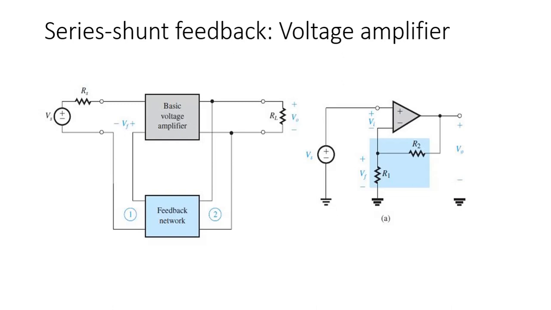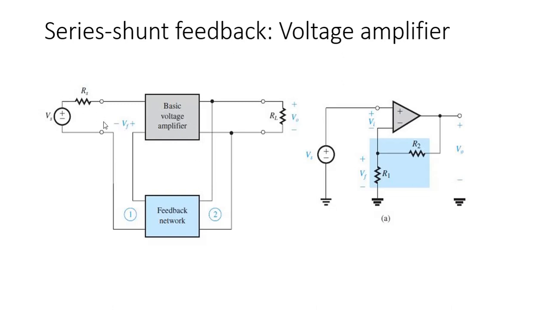The first feedback topology is series shunt feedback topology. This is the diagram of the series shunt feedback topology. The name is because of the connection. At the input side, it is the series connection over here, and at the output side, it is the shunt connection. It is also called a voltage amplifier. The voltage amplifier amplifies the input voltage signal and provides an output signal. This voltage amplifier is essentially a voltage controlled voltage source.